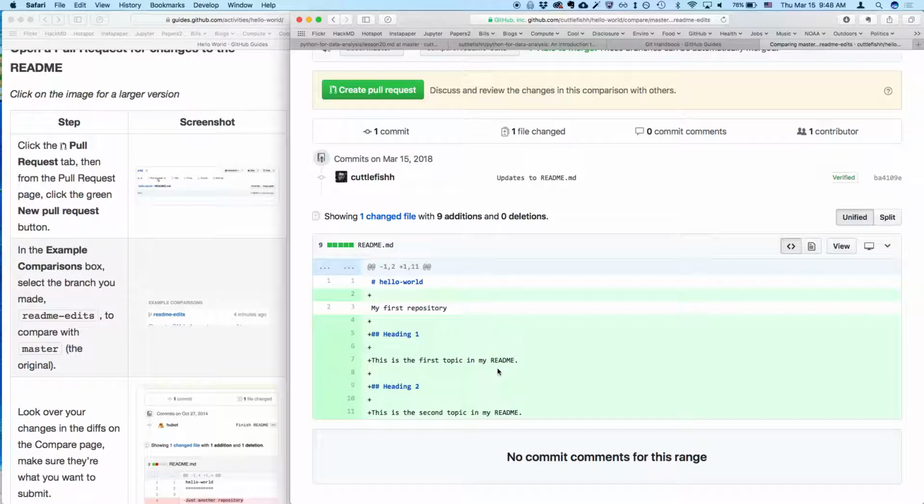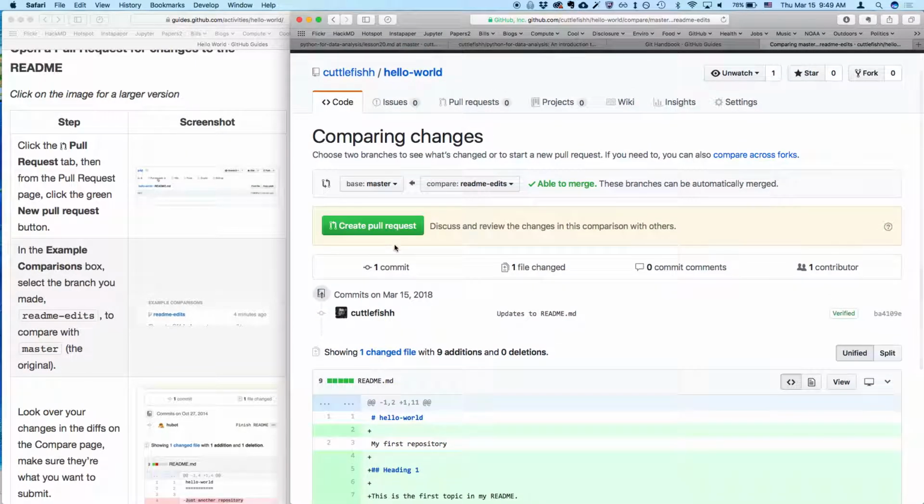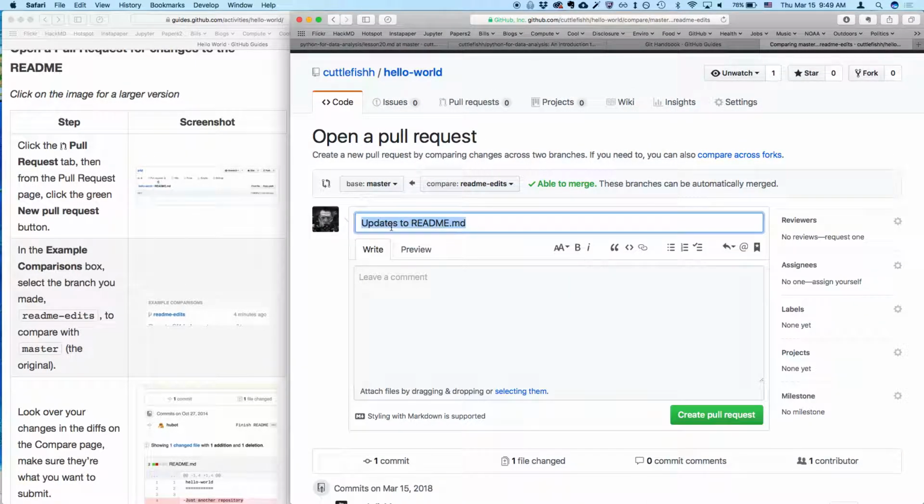And anyone who's looking at the pull request can see all of the different commits and all the different changes that have been applied to all the files in the repository. So right now we just have one file shown here, readme, which has 9 additions and 0 deletions. So they're all greens. If there was deletions, they'd be shown in red. Line by line, it will show you all the changes, so you can really quickly see what's been changed. So we're going to create a pull request,